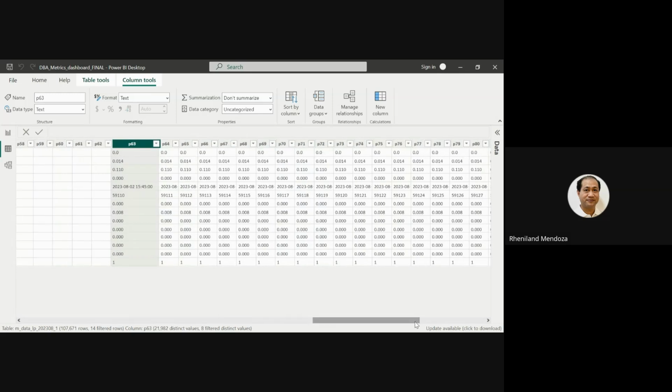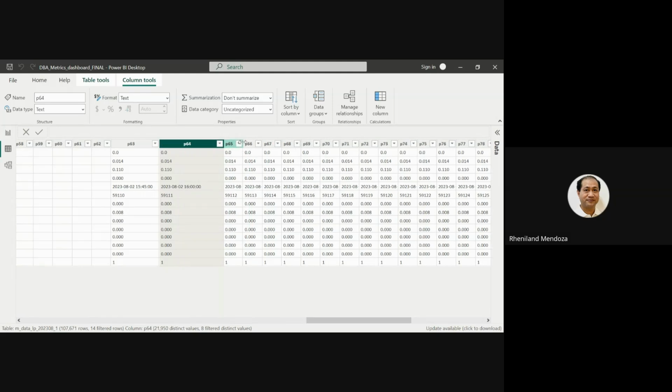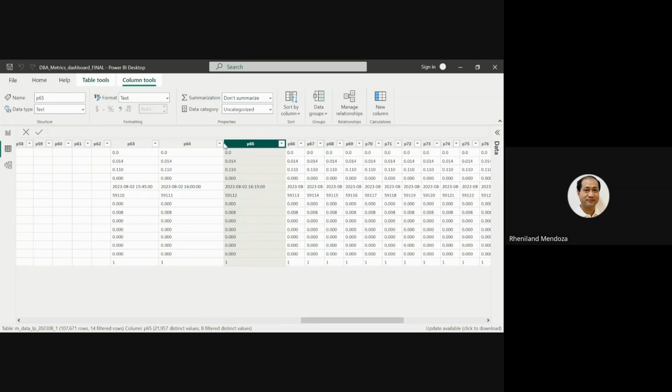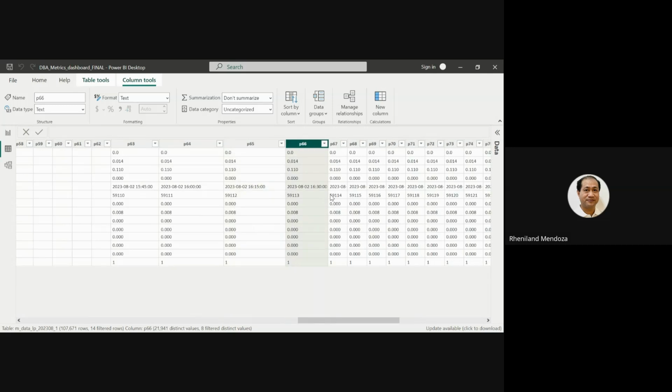I can see here that your meter reading intervals are 15 minutes. Am I correct? Yes. For example, between P64 and P65, we have a 15-minute interval. I'm trying to infer what these readings mean, but maybe you can supply me that.